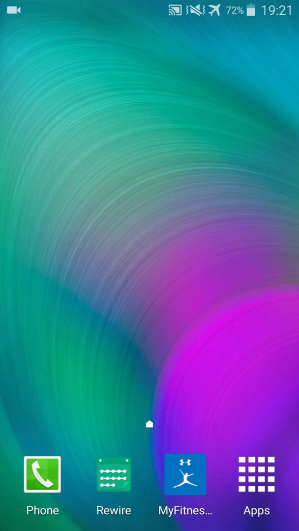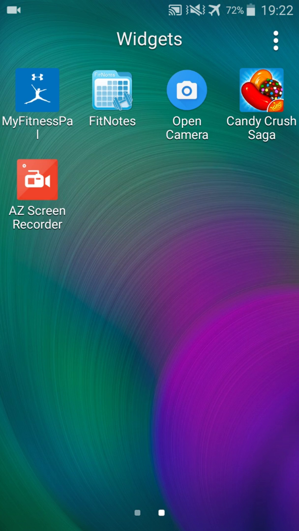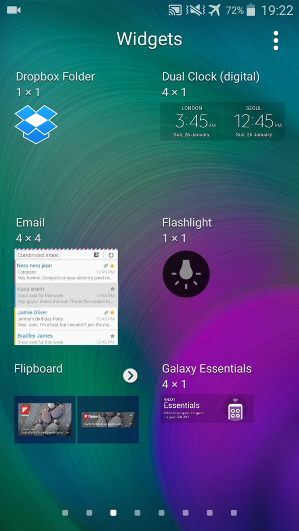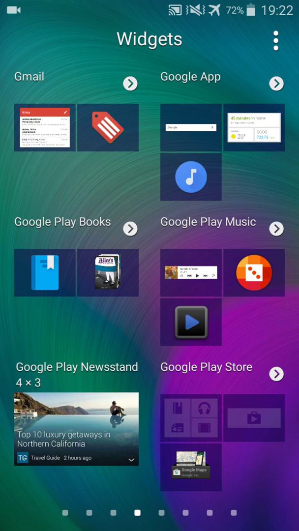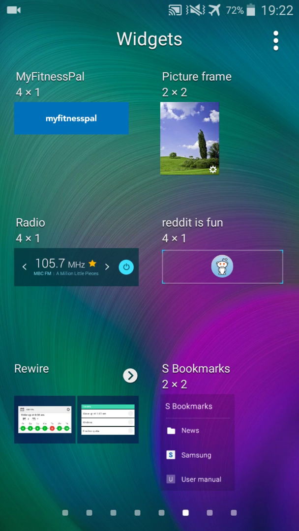Now here on this home screen you can hold the button pressed, and then you can say, you know what, I want to add a widget. Let's say you have different apps here, and different apps come with widgets, sometimes they don't. But let's say I want to have a widget for MyFitnessPal. Then I would simply click on it, and then it says, okay, you have